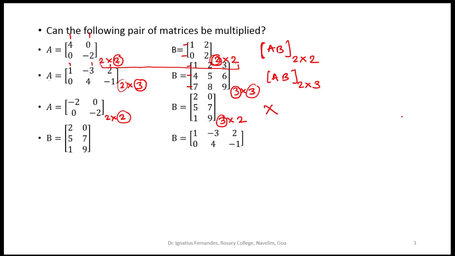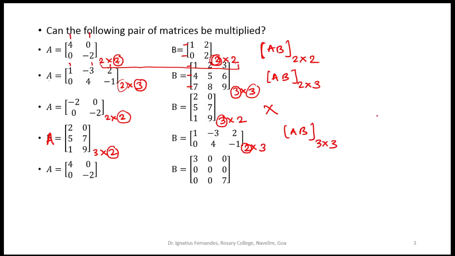Let us look at this example. So let's say this is matrix A. So I have A equal to, this is a 3 by 2 matrix and this is a 2 by 3 matrix. Okay, so if I look at the number of columns here and the number of rows, they are both the same. So I can very well multiply these two matrices and the result will be of the order 3 by 3.